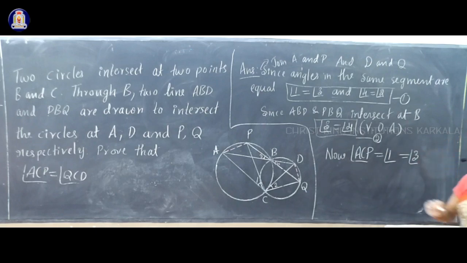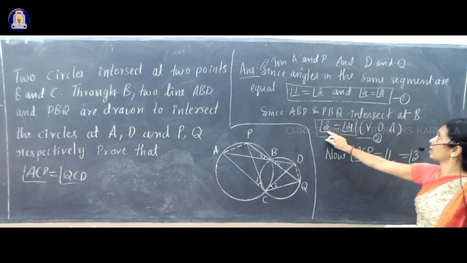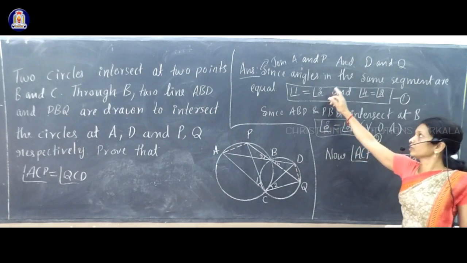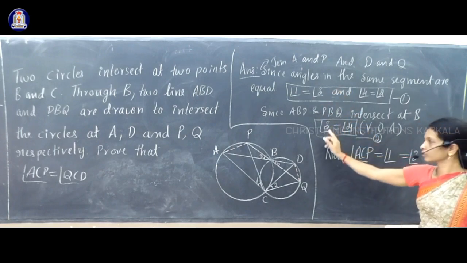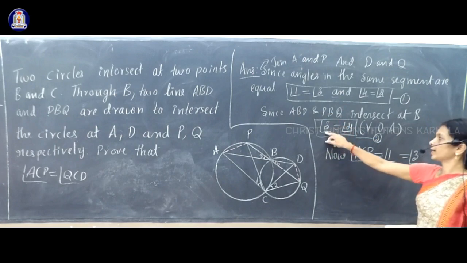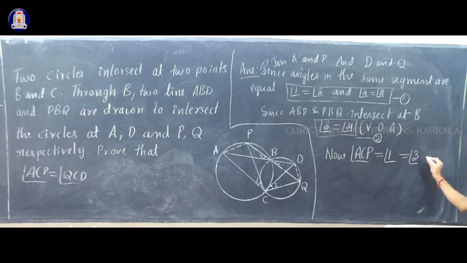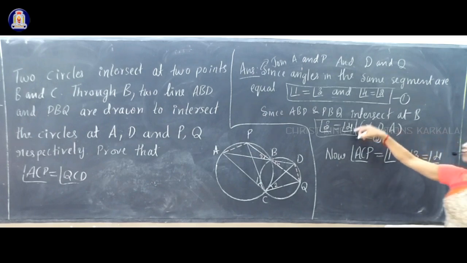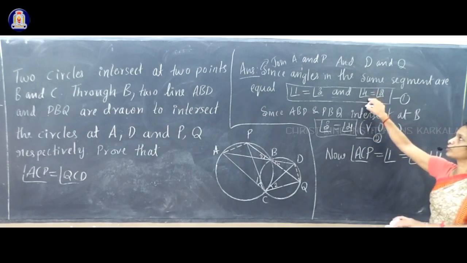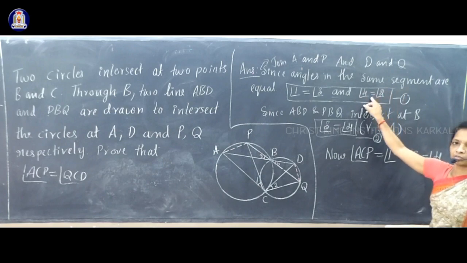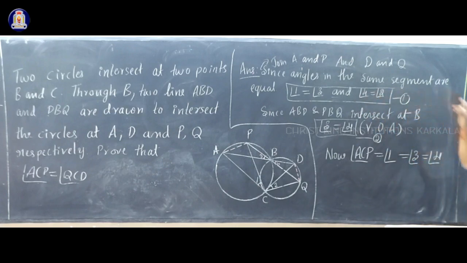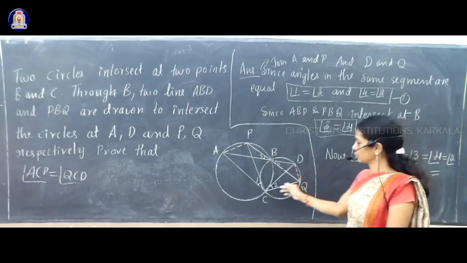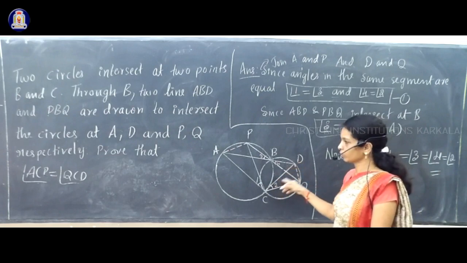Now you go for an equation where you have angle 3. Don't use this equation again. Which equation have you not used? That equation you have to use now. Angle 3 is equal to angle 4. So that is equal to angle 4. But what is angle 4 equal to? Go for the equation where you have angle 4 and not used. Okay, this equation where angle 4 is equal to angle 2. But what is angle 2? Name is QCD. This is angle 2.